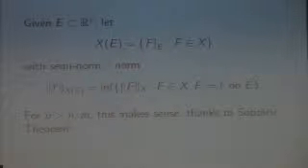Suppose we have some arbitrary subset E in Rn. X of E is going to be the set of all restrictions to E of functions in X. And the obvious semi-norm or norm is just this. It's the inf of the norm or semi-norm in X of all functions F in the Sobolev space that agree with little f on E. So that's the trace space. Okay? And so again, for P greater than n over m, this makes sense thanks to the Sobolev theorem.